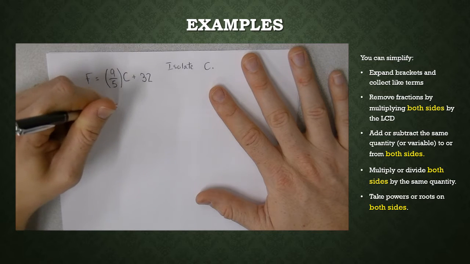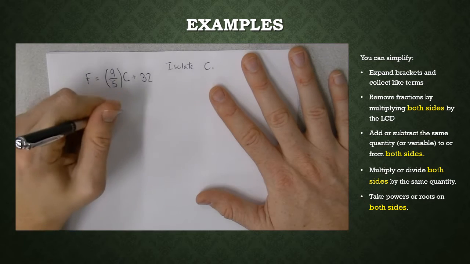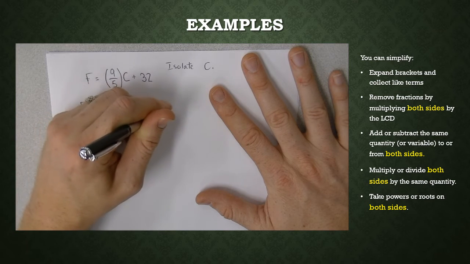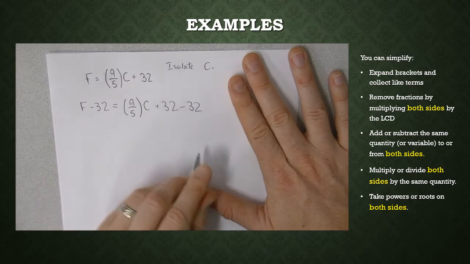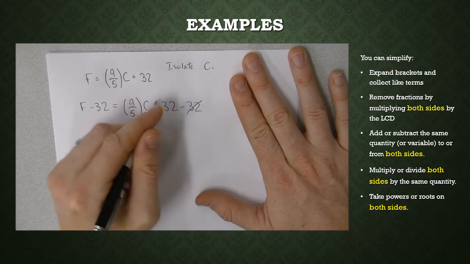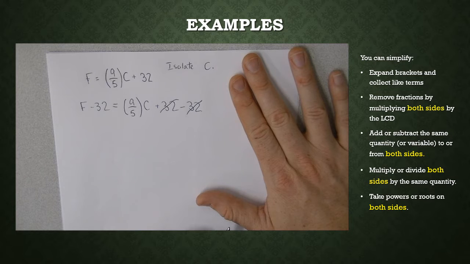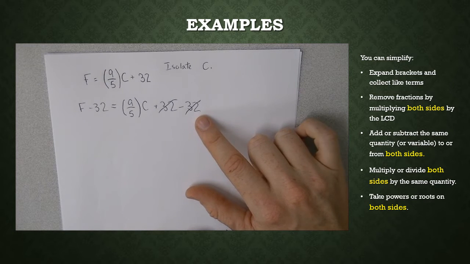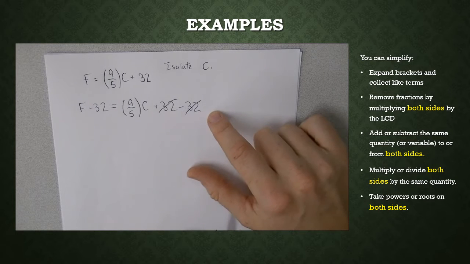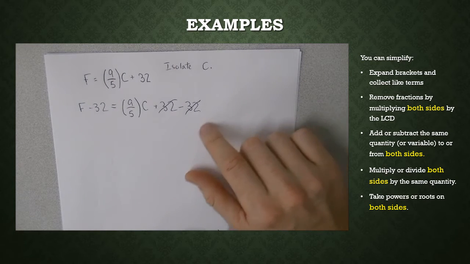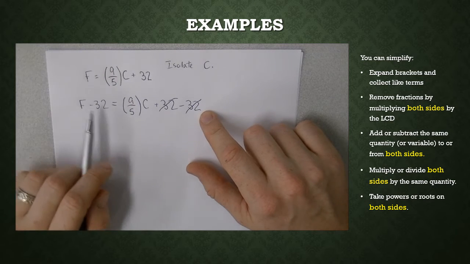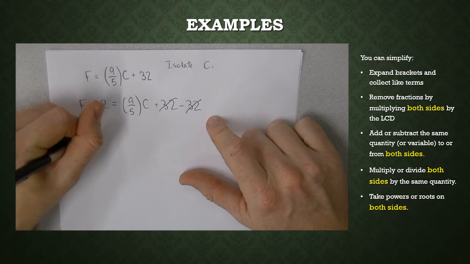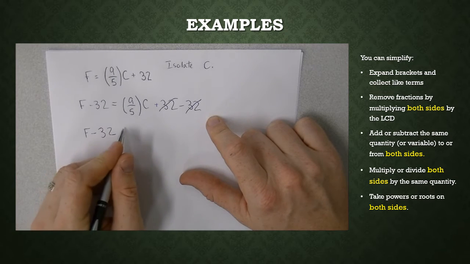both sides. So I'm going to subtract F minus 32 over here, and I have 9/5 C plus 32 minus 32, like that. And these will cancel. As you get better at this, you could skip this step. A number of you probably already do. Okay, skip writing plus 32 minus 32, but that's what we're doing. We are taking 32 away from both sides of the equation. So that gives me, now, F minus 32 is equal to